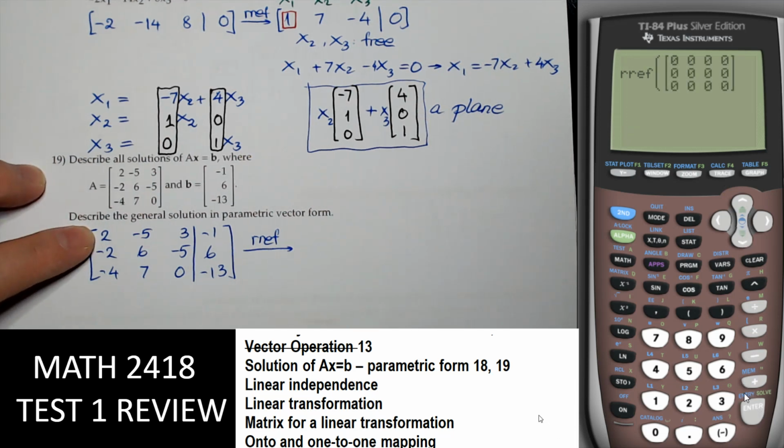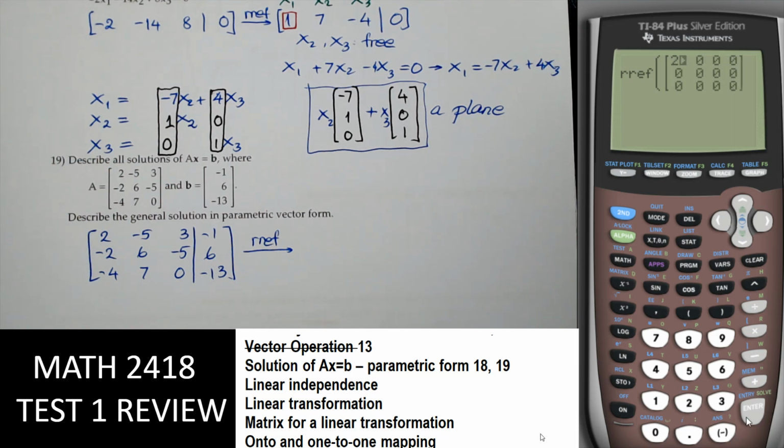Right, values 2, negative. See, we cannot hit enter in this case, so to do over again, I just go back here, hit enter. Right, 2 is good. 2, negative 5, 3, negative 1,